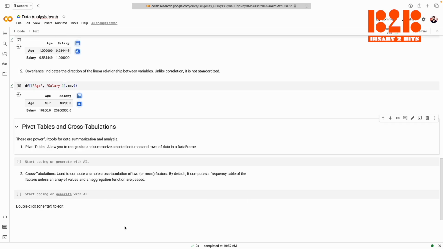Okay, let's see how we can perform pivot. This is a powerful tool for data summarization and analysis. Pivot tables allow you to reorganize and summarize selected columns and rows of data in a data frame. So we can take particular columns and perform pivot operations. So suppose